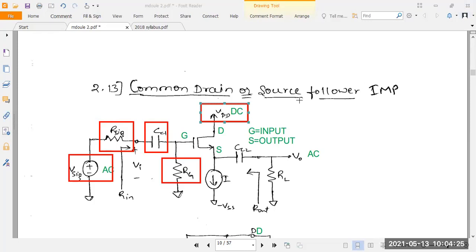non-inverting amplifier. The earlier common source is an inverting amplifier. When you come to the common drain, it's a non-inverting amplifier, because the source follows the gate input and the drain is ground. If you apply a positive voltage, you get a positive output. If I apply a negative voltage, the output again comes negative. So it depends on the requirement. We can choose different configurations like common gate, common drain, and common source.